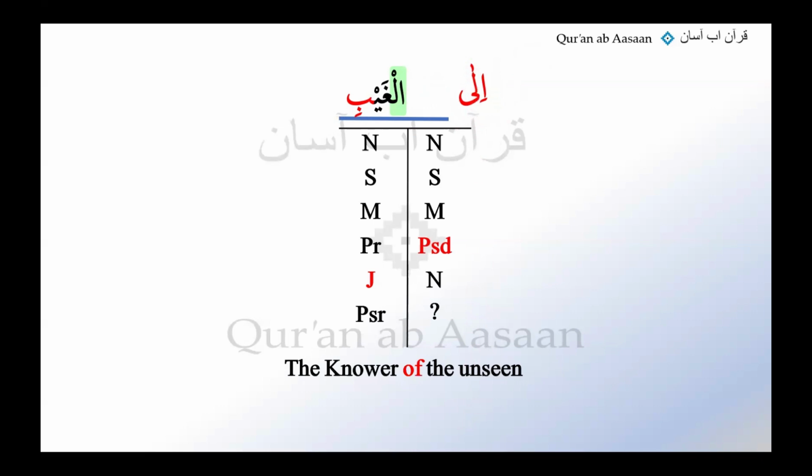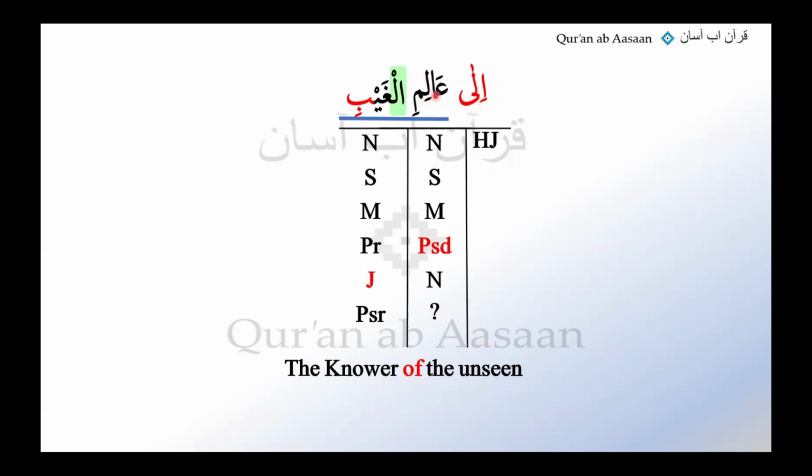And what does harfe jar do? After harfe jar, the noun that follows it has to be in jar. It changes the case sign of the noun following it to jar. So this cannot be in nasb. It cannot be ila alimal ghaibi anymore. It has to be ila alimil ghaibi. Alhamdulillah. In such a short time, you can easily point this out. So if this is part of it, then what are we going to do next? We are going to do another dissection at ilah. And ilah, what are we going to write under ilah in the analysis? Harfe jar.